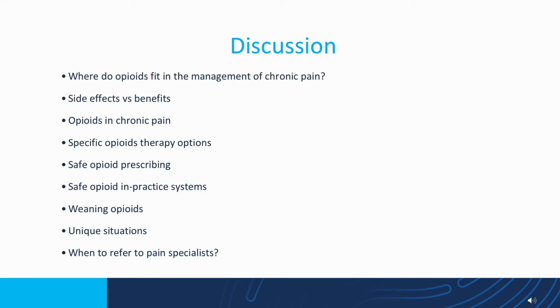Today the discussion is on opioids, and it's not necessarily on how to use opioids for chronic pain, but really we know that opioid therapy is being used for chronic pain. The aim really is to have a plan moving forward for patients on opioids, have a plan moving forward to limit the use of opioids, and really have a better understanding on chronic pain and how and if opioids can be applied. So this is the structure of the discussion.